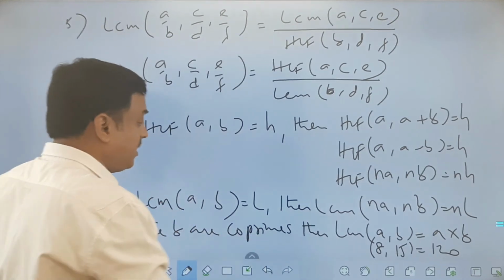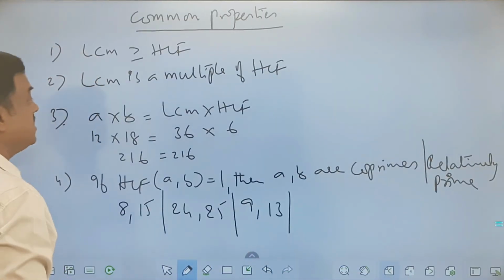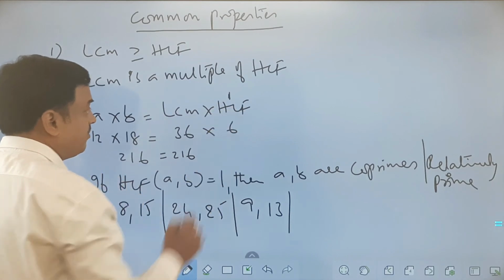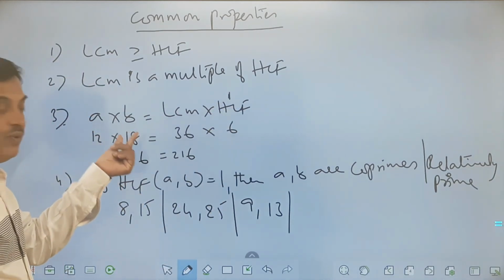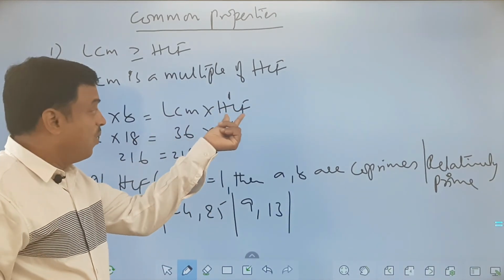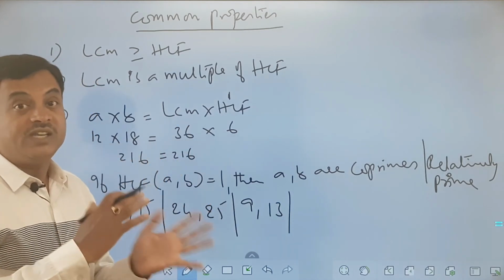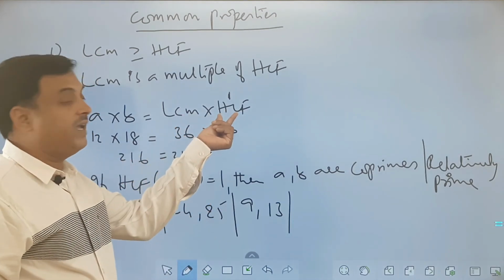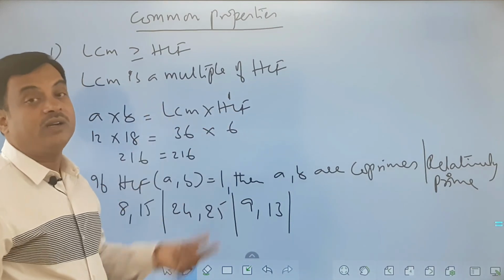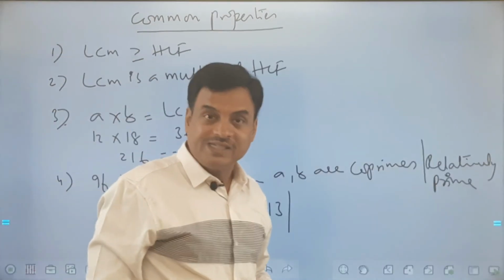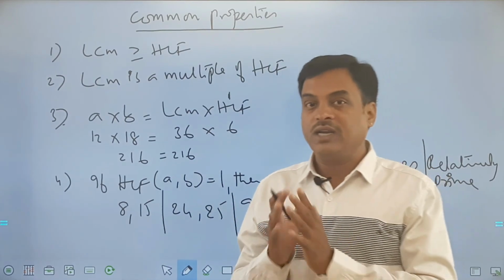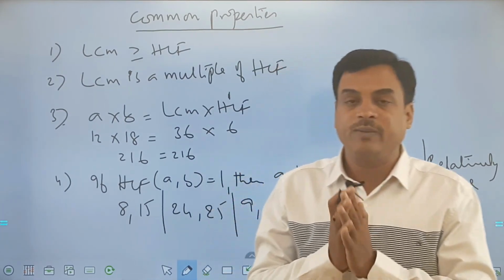Okay, you can observe the reason behind this. If the numbers A and B are co-primes, we know that the HCF is 1, and 1 into LCM is going to be LCM. So if the numbers are co-prime, the HCF will be 1. So in this property, applying HCF as 1, the direct product of the two numbers will be the LCM. Okay, so this is the complete basics on LCM and HCF.